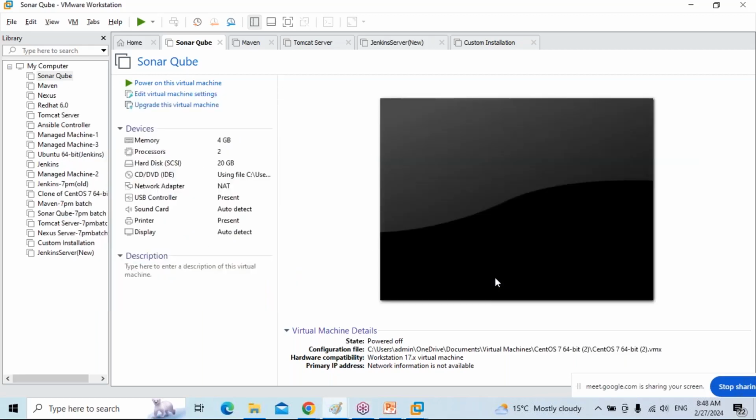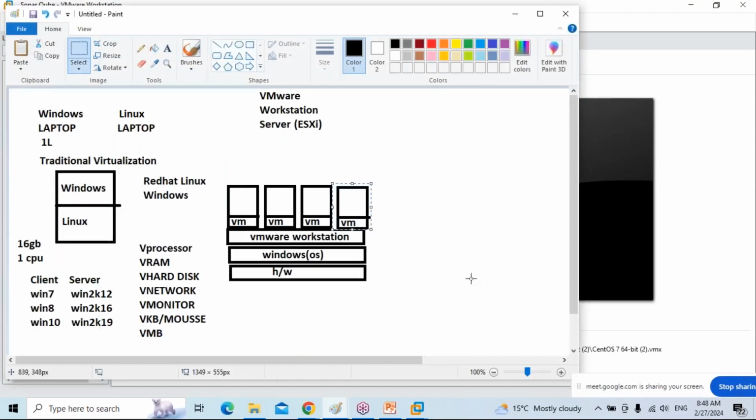Physically only one server, one laptop, where I can install multiple OSes on a single laptop, and I can work simultaneously in all the operating systems. Whichever I don't require, I can shut down that VM. We can power on, we can power off your virtual machine. Everything is under your control.